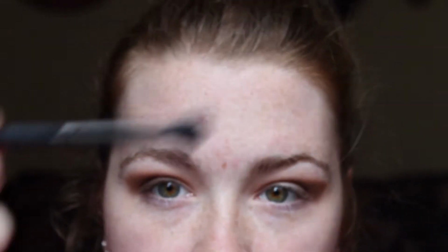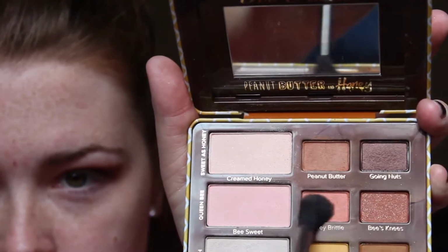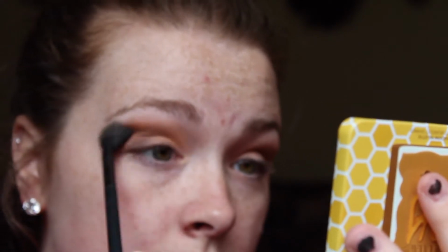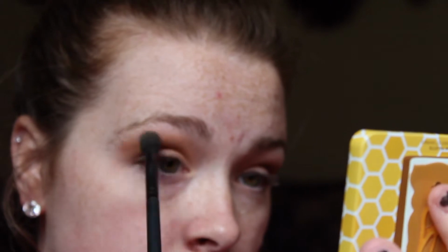Taking a Lab Squared Cosmetics fluffy blending brush, I'm going to dip into Honey Brittle and Honey Buns. I'm going to get a lot of that color going. Wow. And then I'm just going to take it and blend out any harsh lines. I'm going to make sure that line between my eyebrow and the color is nice and soft and has a